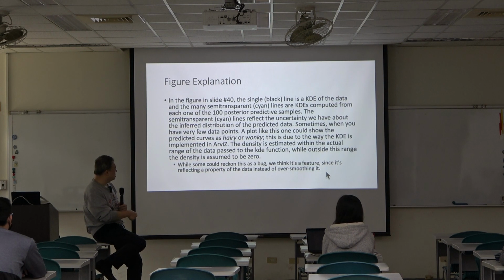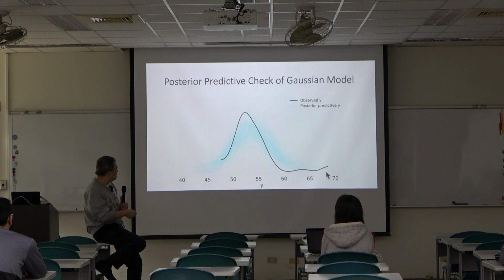Some people will think this is a bug, but the author thinks this is a feature, because it reflects the property of the data instead of almost over-smoothing it. Basically, like this data, the predictions